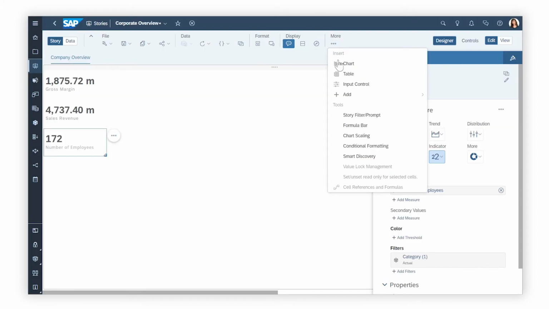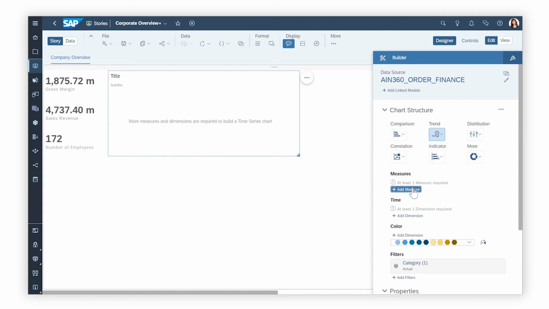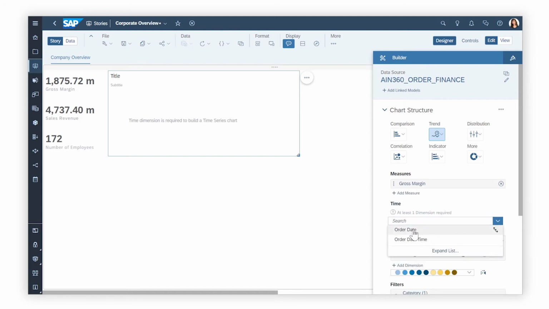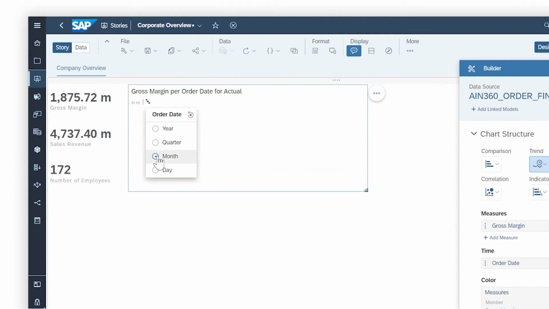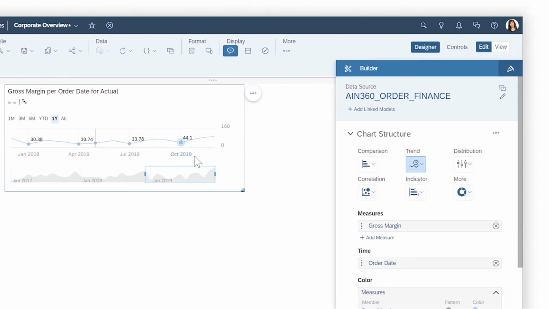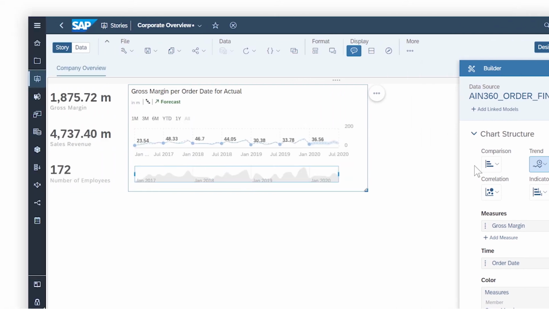More complex chart types are also available, like time series charts that take advantage of date dimensions in the model or dataset. You can customize how the date hierarchy displays, use past values to automatically forecast future ones, and take advantage of navigation tools that let you best display your findings.